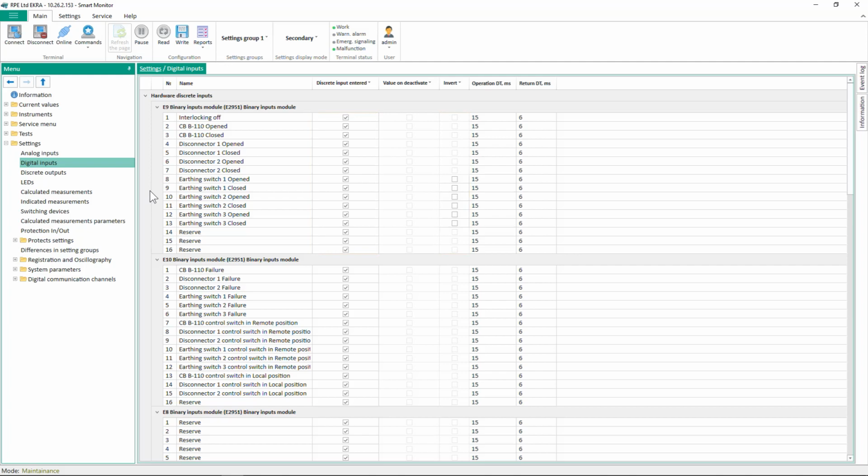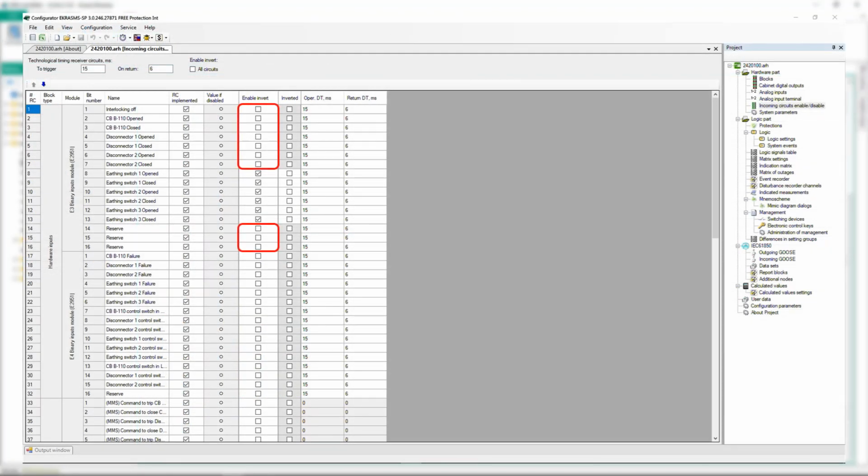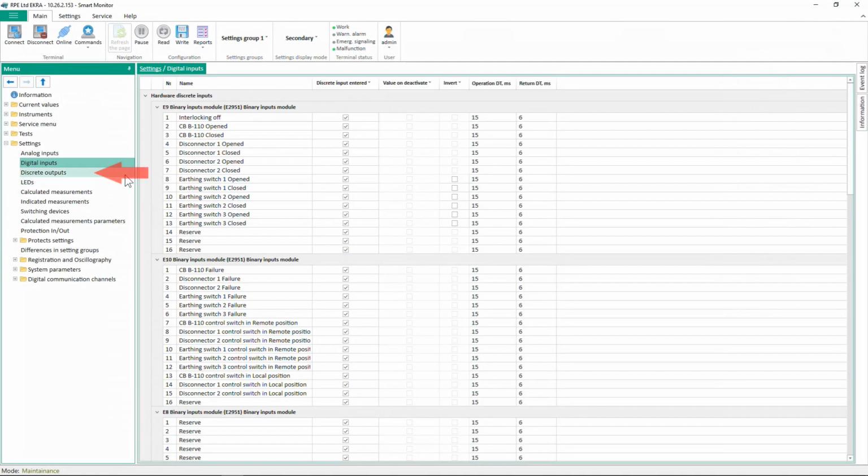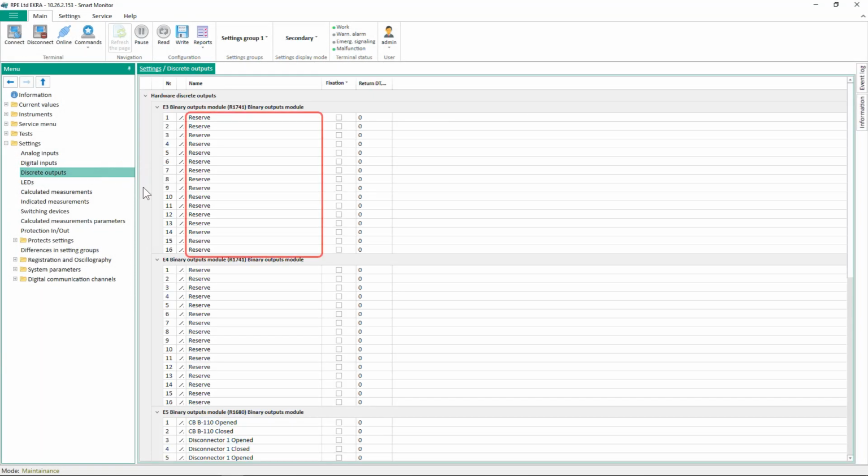The offset from contact bounce and interference can also be configured here by setting the time delays for actuation and reset of binary inputs. When the discrete input entered is unchecked, the value on deactivate becomes available. Please note that input circuits can be unavailable for inverting due to the absence of permission for this in the parameters of the configuration file. The Discrete Outputs item allows editing the names of binary outputs, configuring latching, and time delays